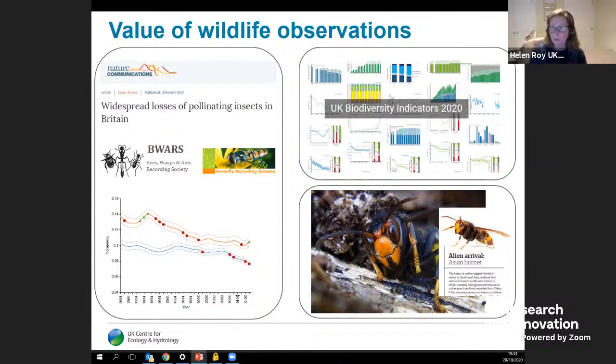We use volunteer collated data from the Bees, Wasps and Ants Recording Society and the Hoverfly Recording Scheme, and produce this really important paper to show that there are these widespread losses, but actually there are some of the pollinating insects that are doing really quite well. And then we can begin to tease out what is it that is good for some and not so good for others, and are there things that we can do within our environment to make it better for those insects